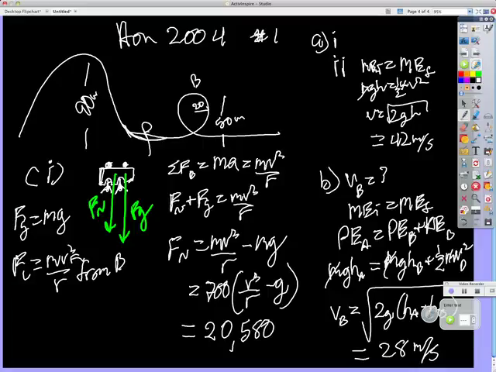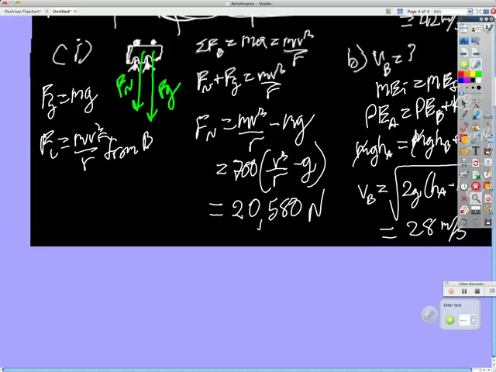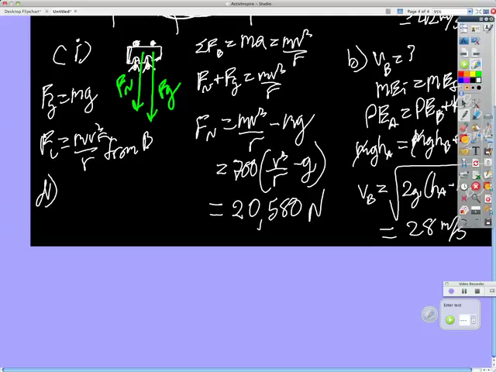Okay, then part D. Part D says, suppose the friction is not negligible, how could the loop be modified to maintain the same speed at the top of the loop as found in B? So if we want to have the same speed at the top of the loop, but we now have to overcome friction, what do we do? Number one,